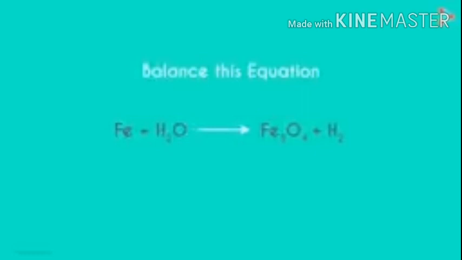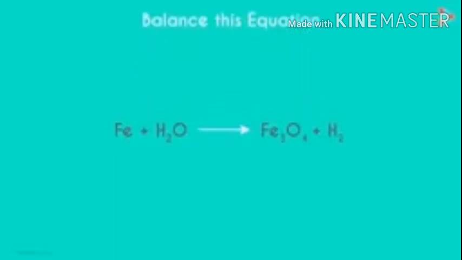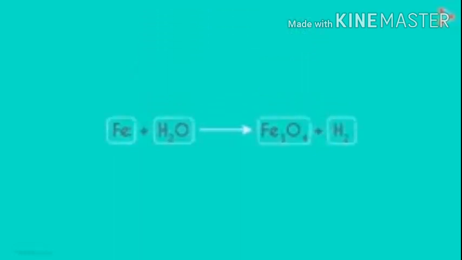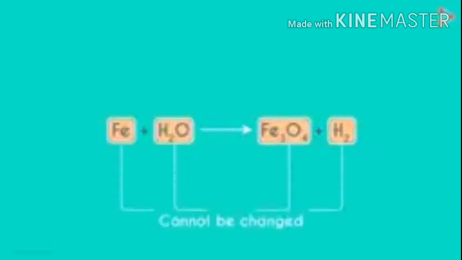This was the equation which I had asked you to balance. What's the first step we can do now? We draw boxes around each element or compound. The purpose of these boxes is to make sure that you don't change anything inside the boxes. Whatever you multiply, you do it for the entire box and not just a particular element.